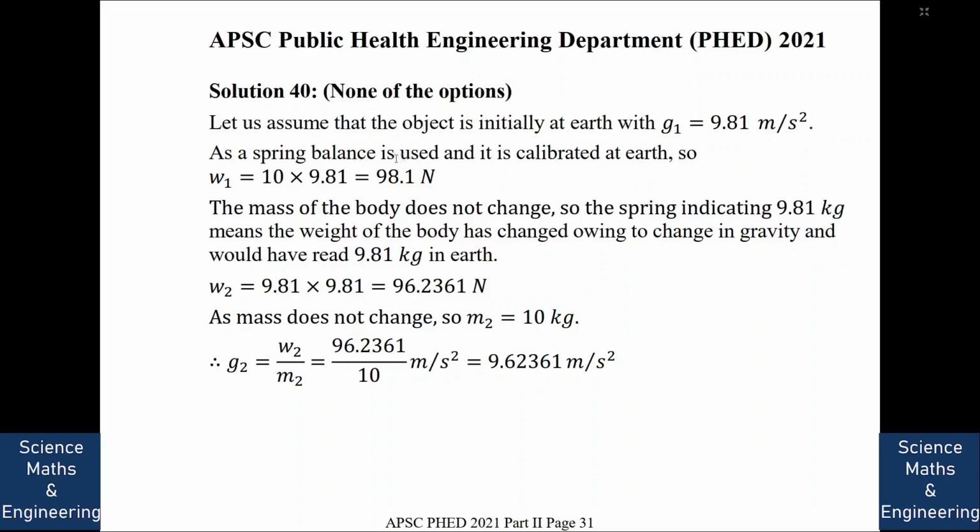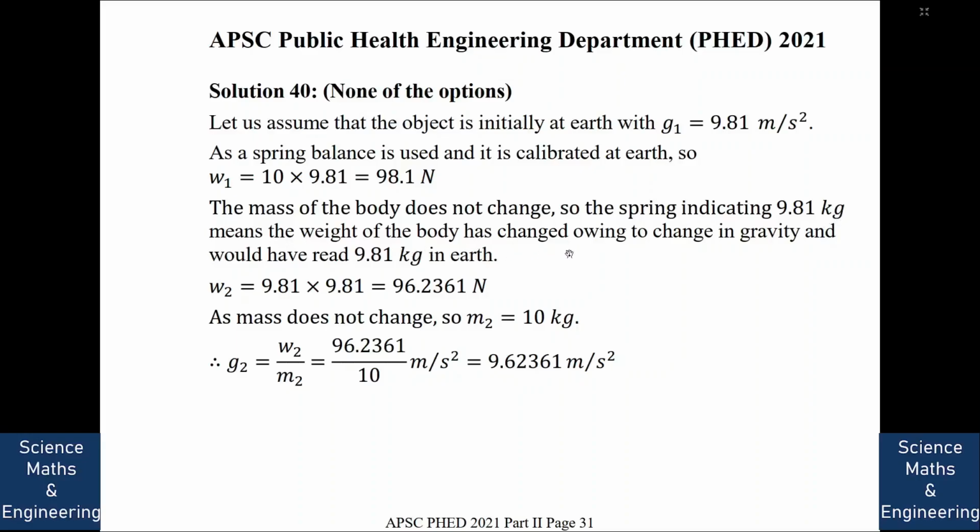Now as the spring balance is calibrated at earth, W1 would be 98.1 Newton. W is equal to mass into gravitational acceleration, m into g, so it is 98.1. Now the mass of the body doesn't change, so the spring indicating 9.81 kg means that the weight